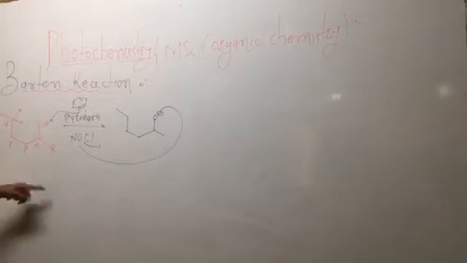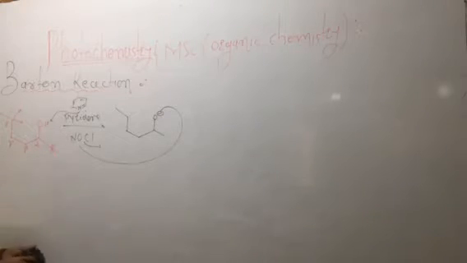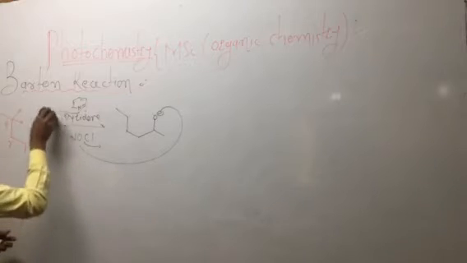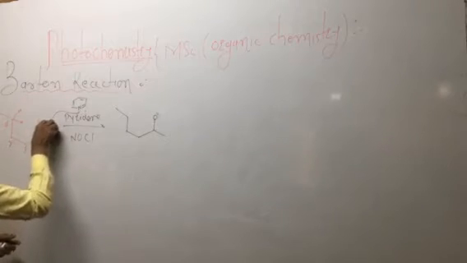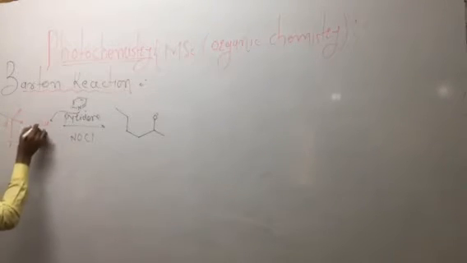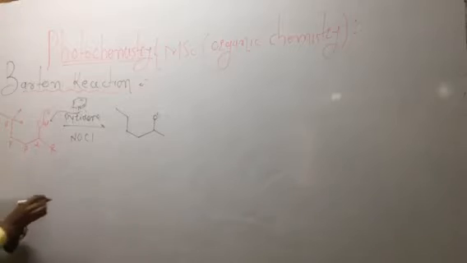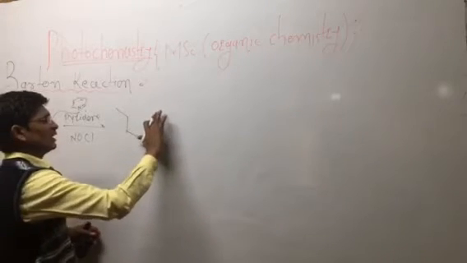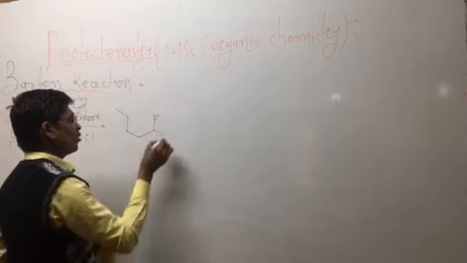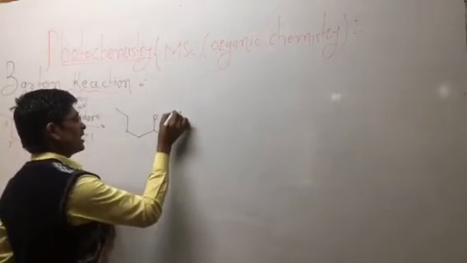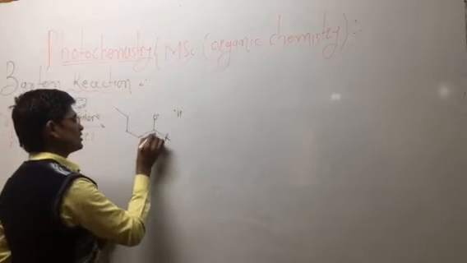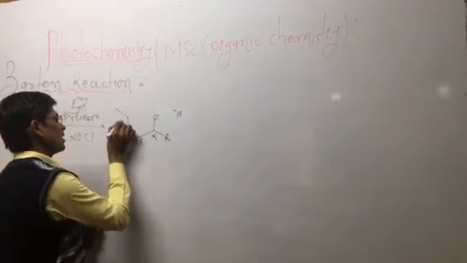But this type of reaction is actually a photo reaction. Photo irradiation takes place and the bond is broken by homolytic cleavage. First of all, the O-H bond is broken homolytically, with formation of O radical plus H radical. The R group remains as it is, with alpha, beta, gamma and delta carbon.